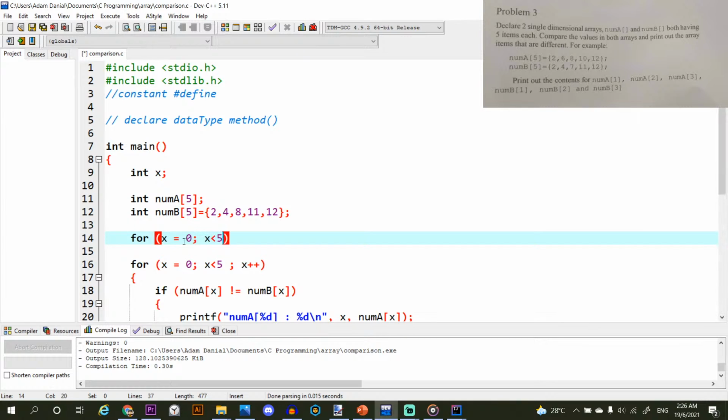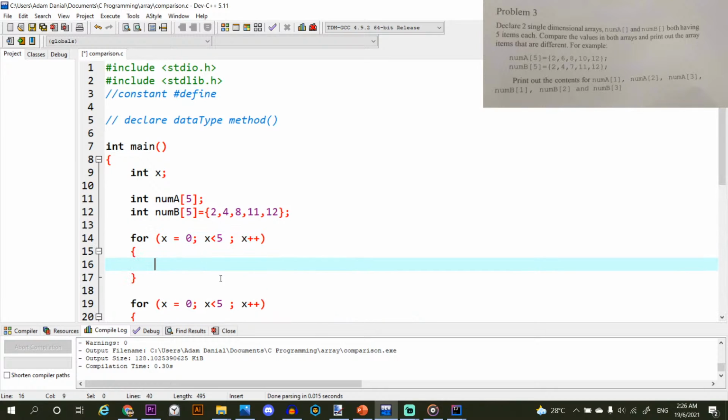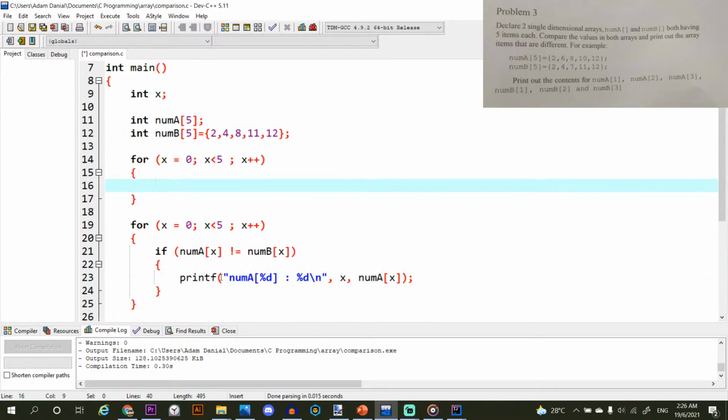So I'm going to do the same for loop, x equals 0, x less than 5, x plus plus, and then here we need to do printf input, input num a and then %d here for c, and then here would be only x. Yeah, because here